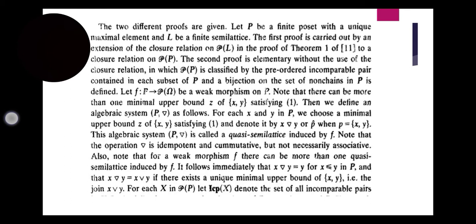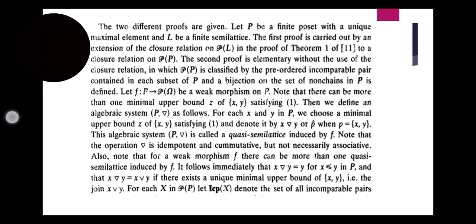The first proof is carried out by an extension of the closure relation on P into L in the proof of theorem 1 of 11 to a closure relation on P into P. The second proof is elementary without the use of the closure relation, in which P into P is classified by the preordered